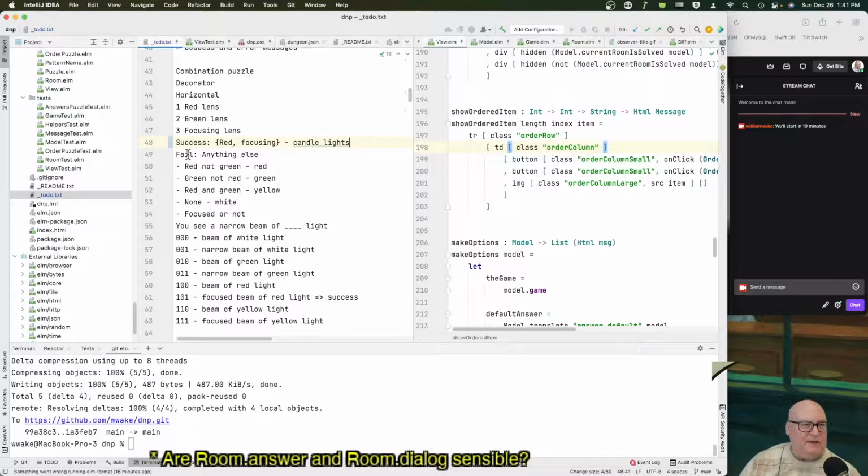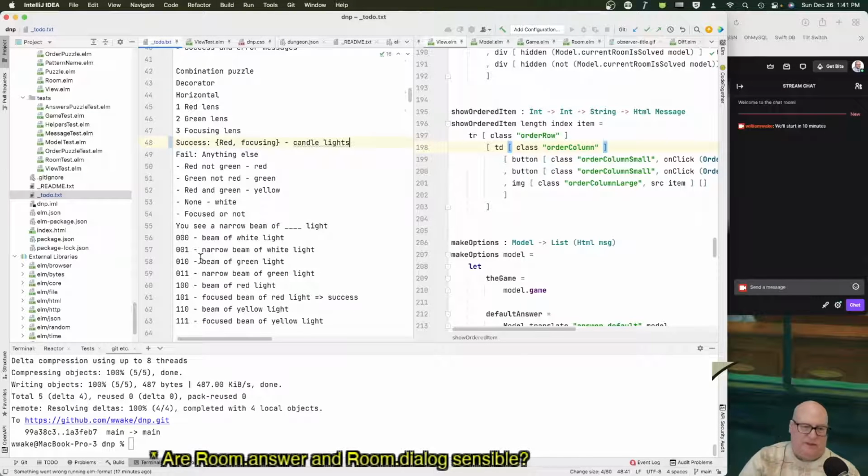And if you do anything else, see, I don't want to think of this as success and failure, but basically, I want to have different sets have different reactions. So the default is a beam of white light. So I don't know, do I have the setup? The setup is there's a candle on one side of the room and there's a white light coming in on the other,